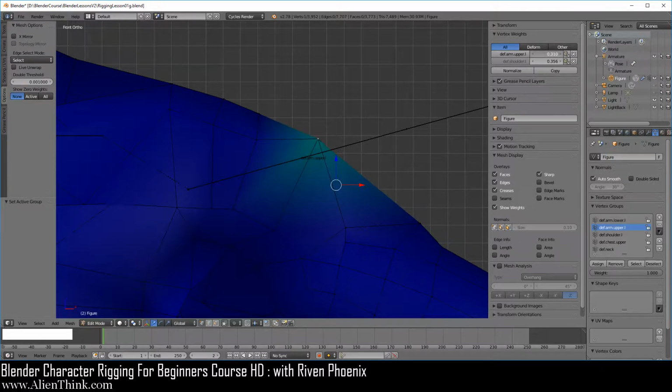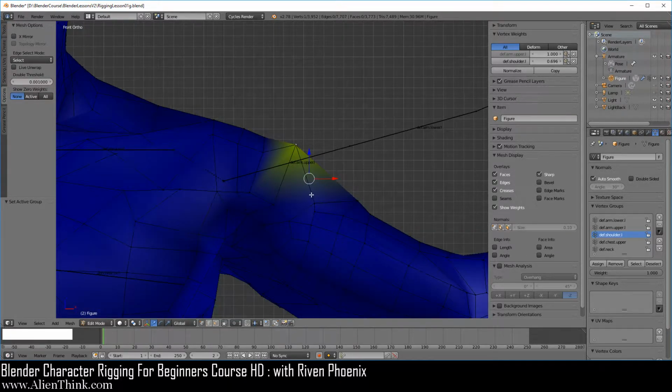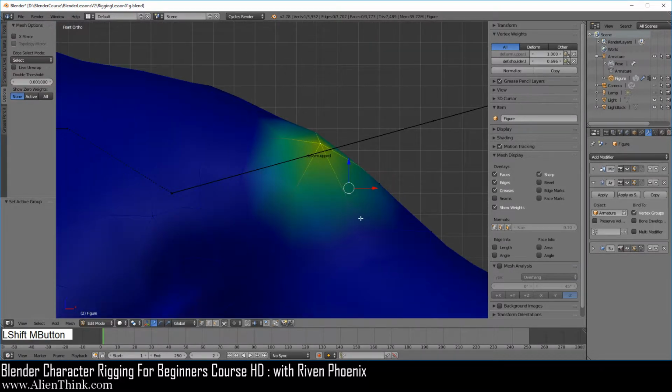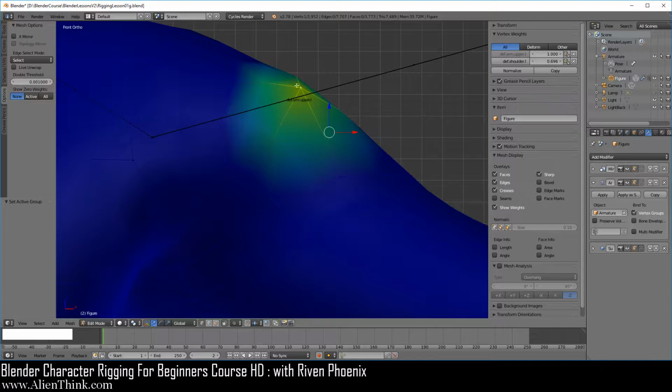So when you are going through the rigging process, you'll get used to the idea of green, which is in the middle, and 1, which is all the way red. And it's the same thing over here. You can see that when we're changing the numbers, the colors are not going to change. It's because we're not clicked on this vertex group. As soon as we click it, now it's only going to show the colors for this currently selected vertex group. So this is how this concept is working. So now you understand this. Now if we click over here on the modifiers tab and enable the subdivision modifier, now you'll see what is actually going on.